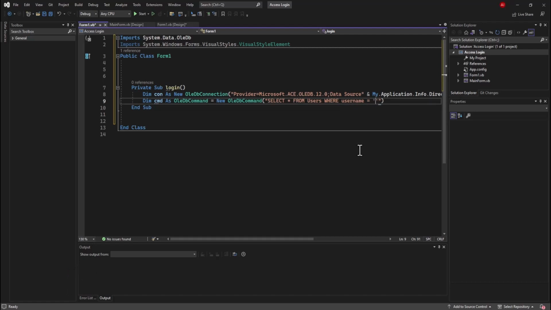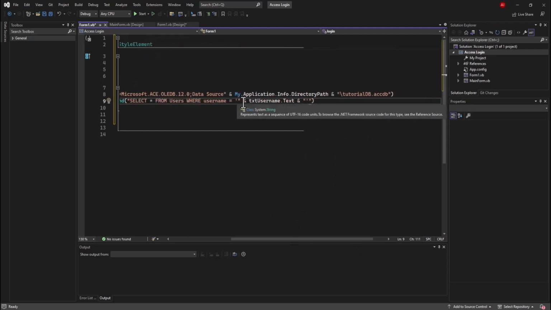So I'm just going to bring these first two and these two, and inside here I'm just going to add two of these, and I just have to do this. Now I just have to say txtUsername.Text. That will be assigned to the username, and what I'm going to do next is the same thing. So from here, I'm just going to say AND,